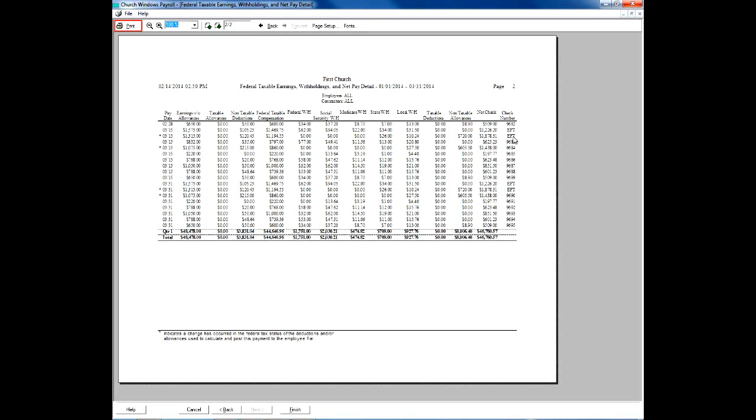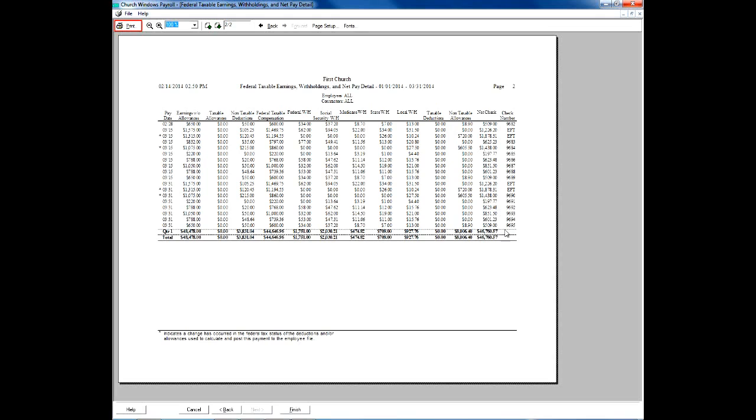Notice here on the right I've got EFT for my direct deposit employees. These figures right here definitely can be matched up with my 941 totals. These figures literally can be matched up right on my 941 based on the respective boxes on the 941 where they should. One of the things that we really want to stress about this report is,